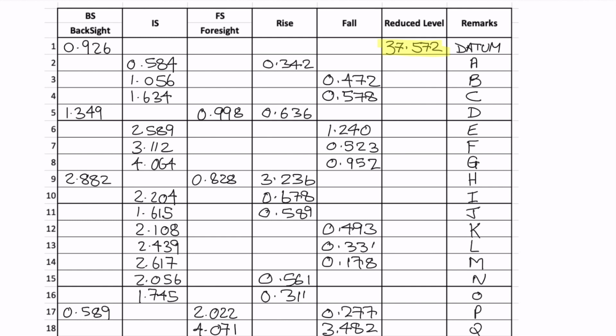In this case, we have a rise value, so our value of 0.342 gets added to our 37.572 to give us